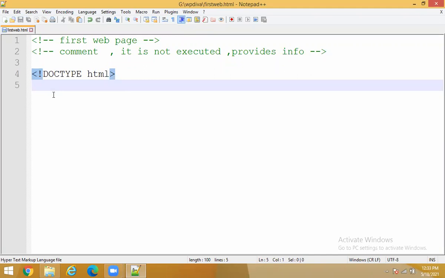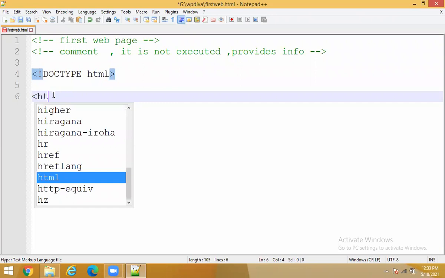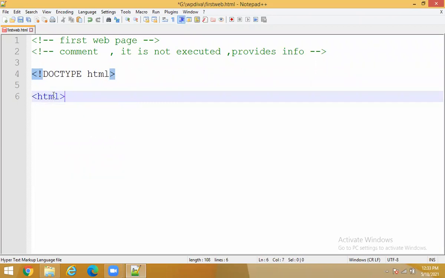Okay, fine. Now we have the main thing, that is HTML. Right now you don't need to worry about what to write in capital and what to write in small case. Currently I am using everything in small case letters. Later I will tell you all the rules, where to use capital and where to use small. Is it clear?